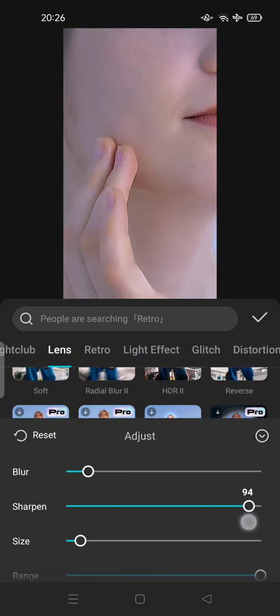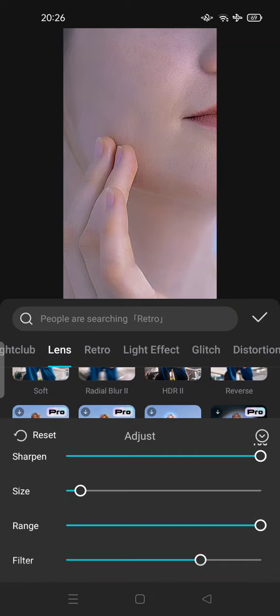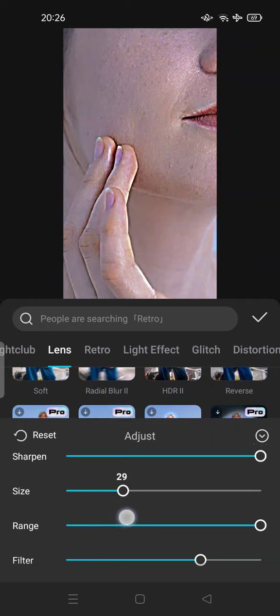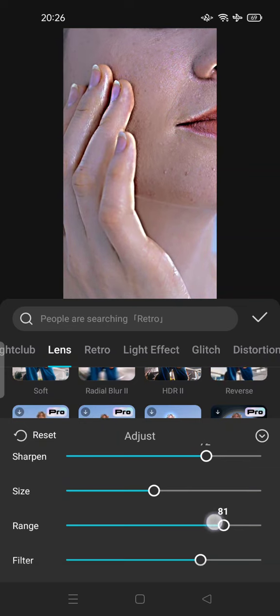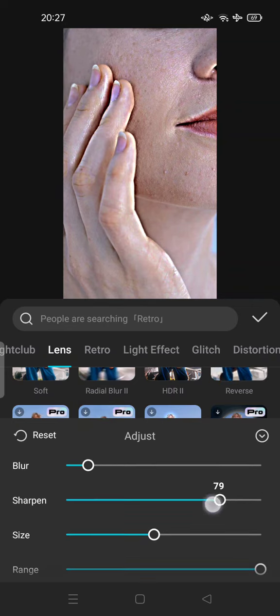So you can scroll up, you can slide to the most sharpen here. So you can adjust the size. Here, try to reduce or range is up to you. Also the filter. Here it's up to you, but try to sharpen, increase the sharpen and increase the size. After that it's done, you can tap this